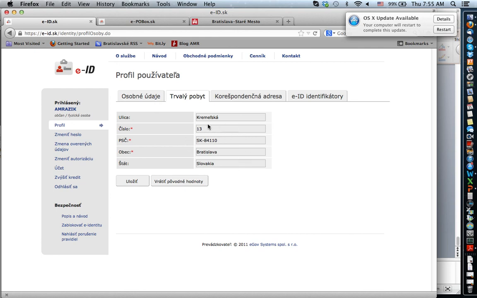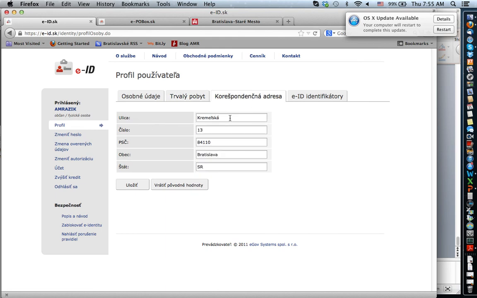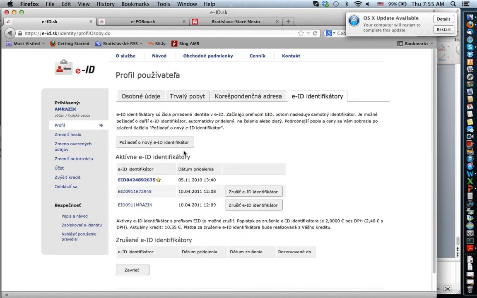My official address is also verified and cannot be changed without losing the verification. My postal address can be freely changed by me. That means if I move for a couple of months somewhere, I can change the address without losing the validity of the verified identity. As with the identifiers, I have